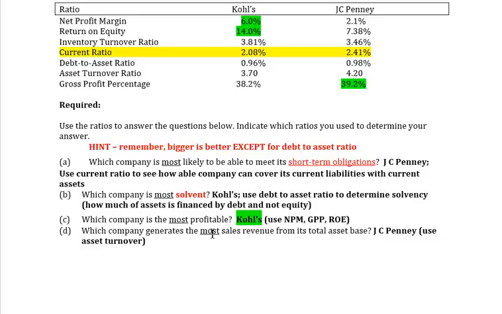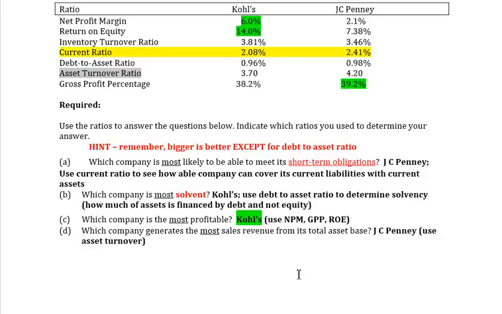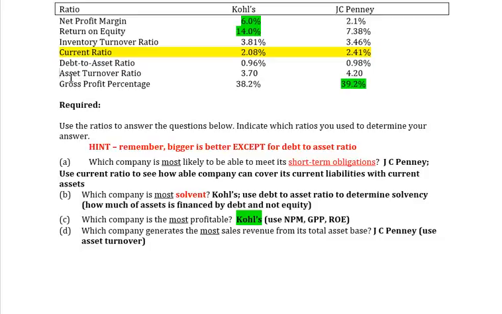And the one that generates the most sales revenue from its total asset base, again, we'd look at the asset turnover ratio. Why? Well, if we look at our ratios, it's looking at generating the most revenue from its average total asset base. So that means you use this ratio. So if we go back here and we calculate that, we want to find out where is the asset turnover ratio the highest, because again, bigger is better except for that debt to asset ratio. But where is the asset turnover ratio biggest? Well, we can see it's biggest with the,